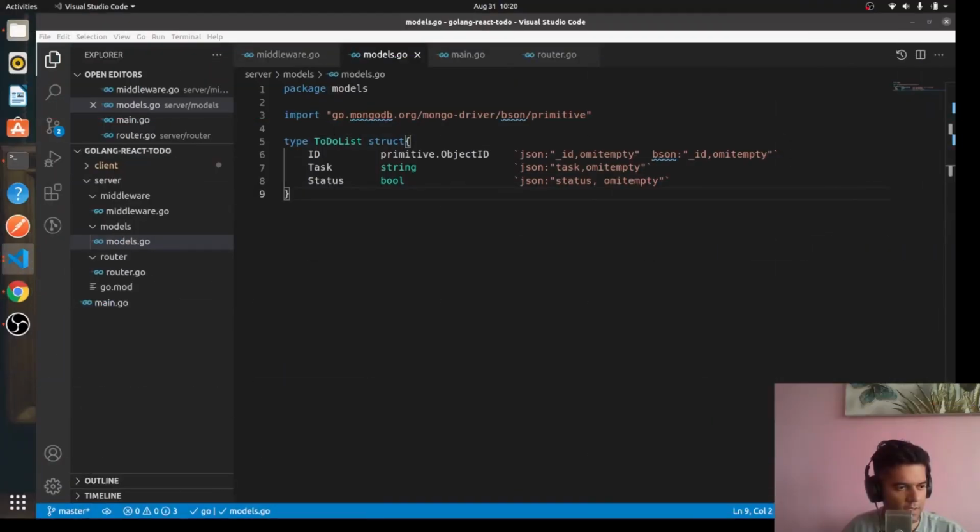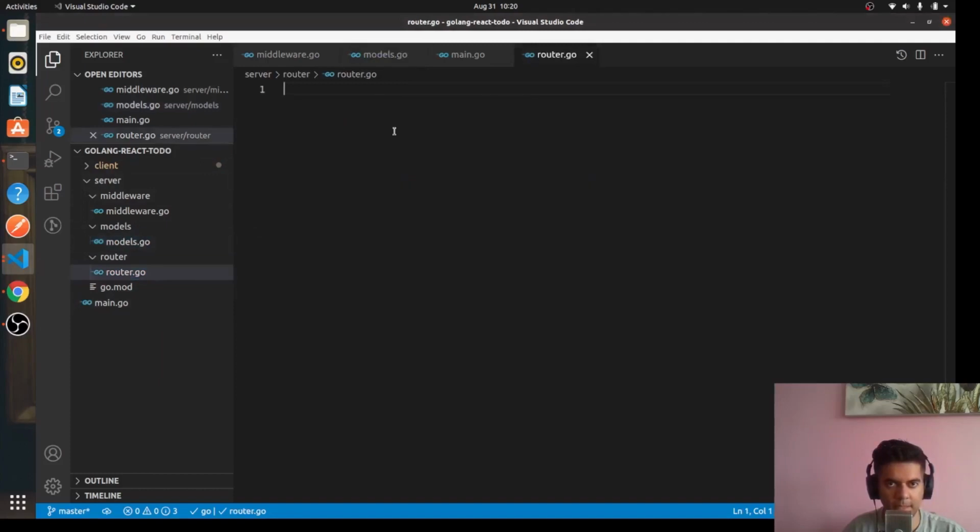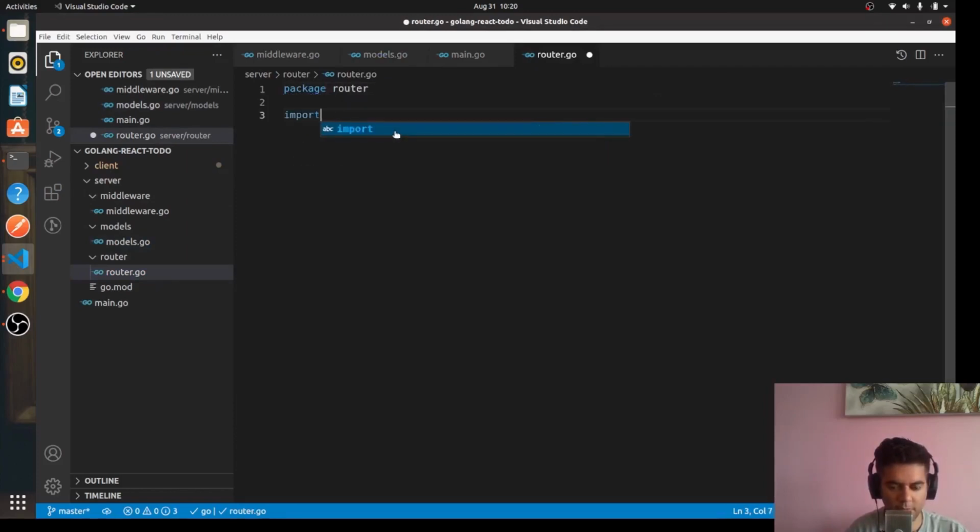Now we'll start working on our router.go. So let's go to router.go and let's create the routes quickly. So we'll say package router, and we'll import. We need a couple of packages. So firstly, we obviously need our middleware, right? So we'll include our middleware. So for now, we'll just say Golang React Todo /middleware, and then we'll say github.com/gorilla/mux. Mux is the external package that I need here,